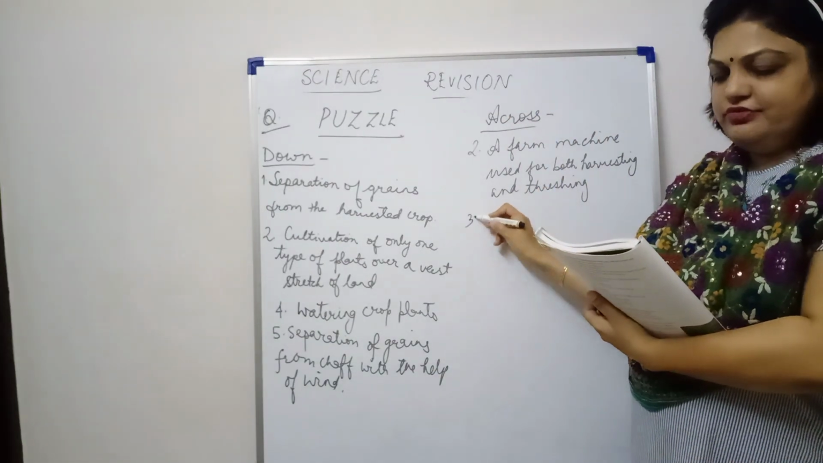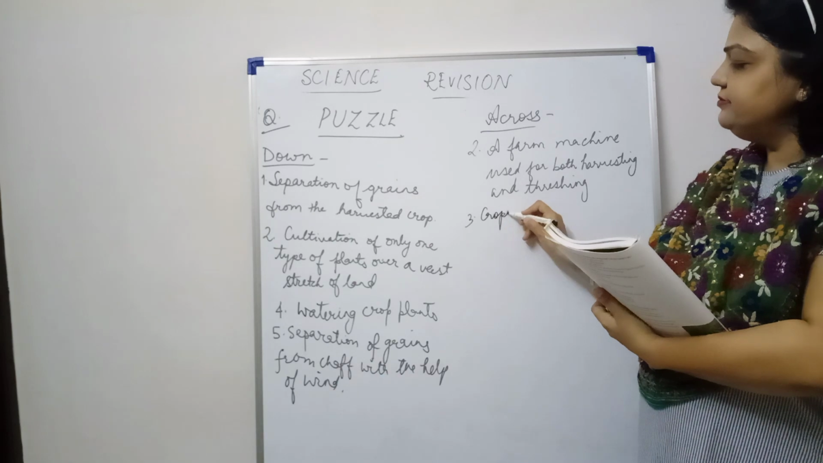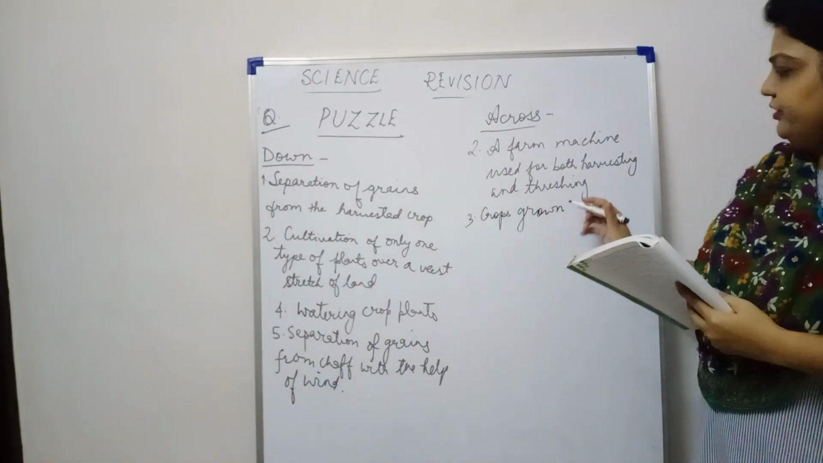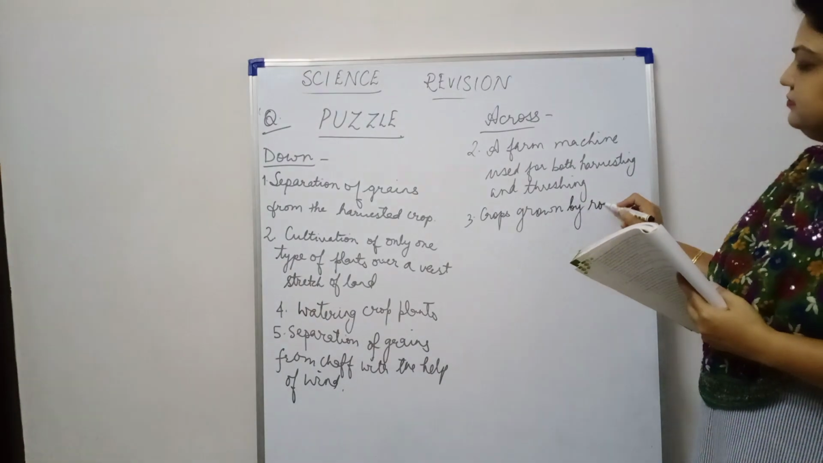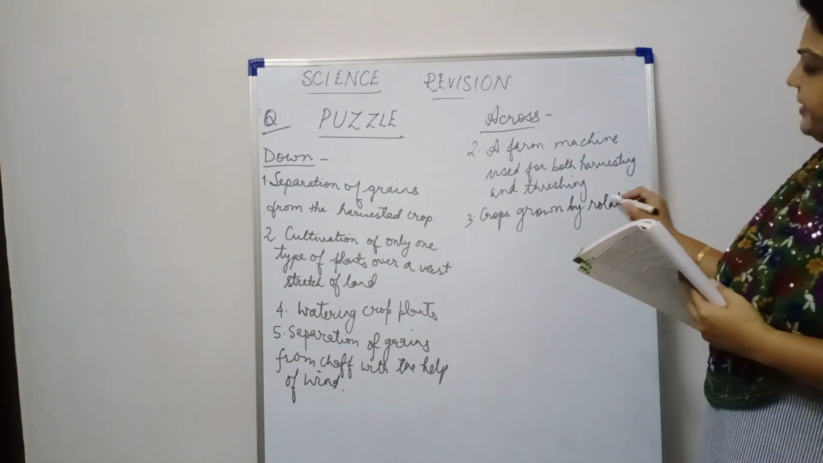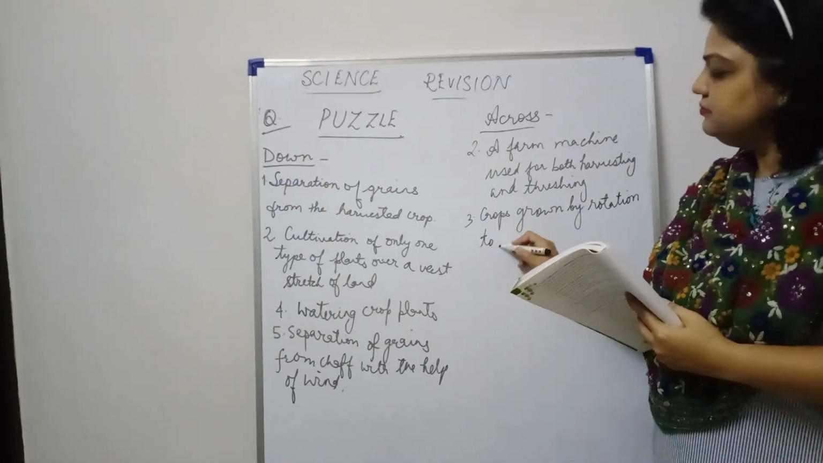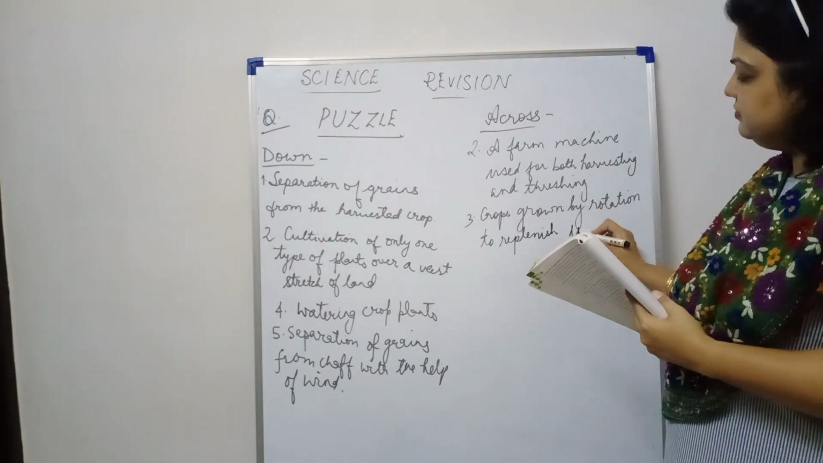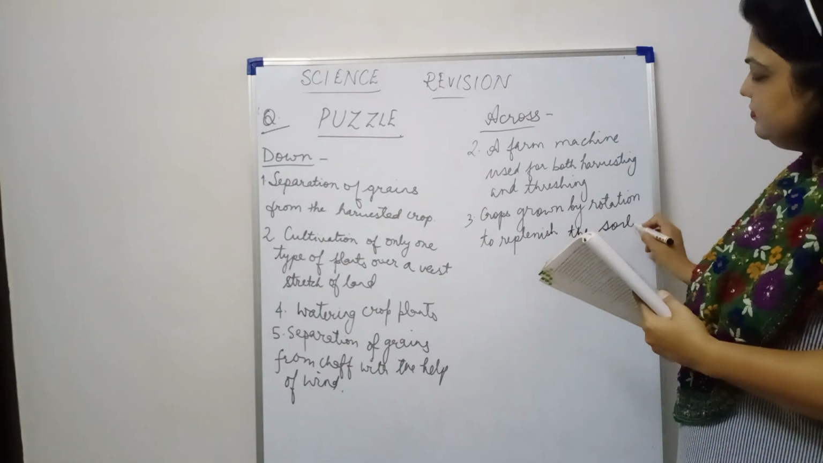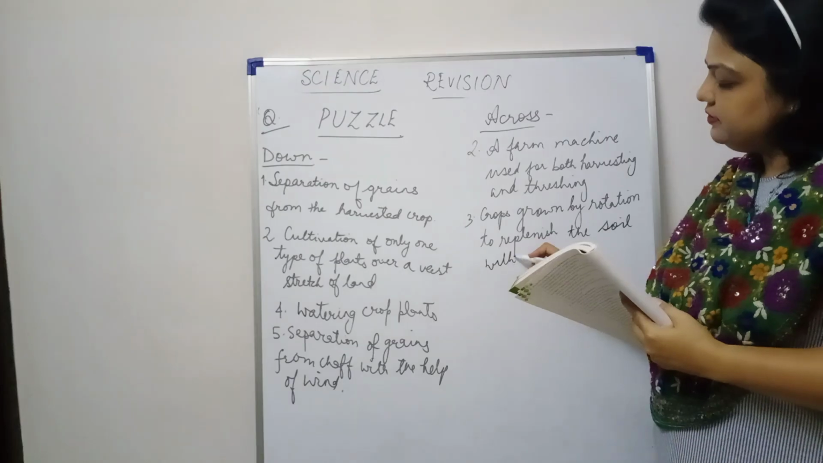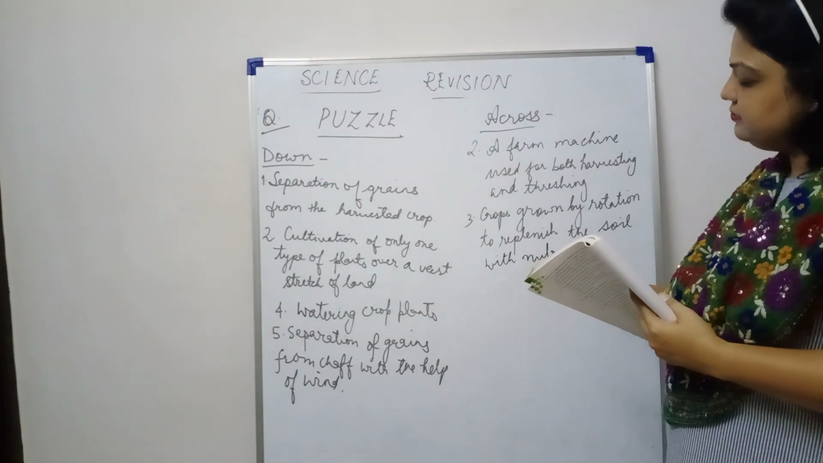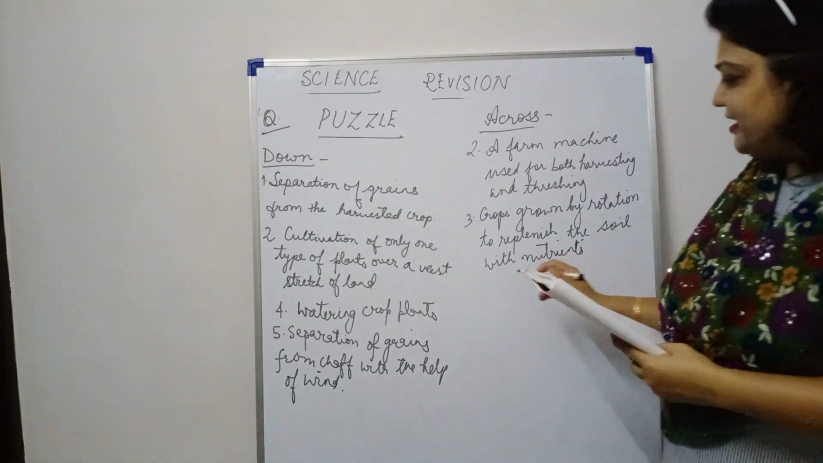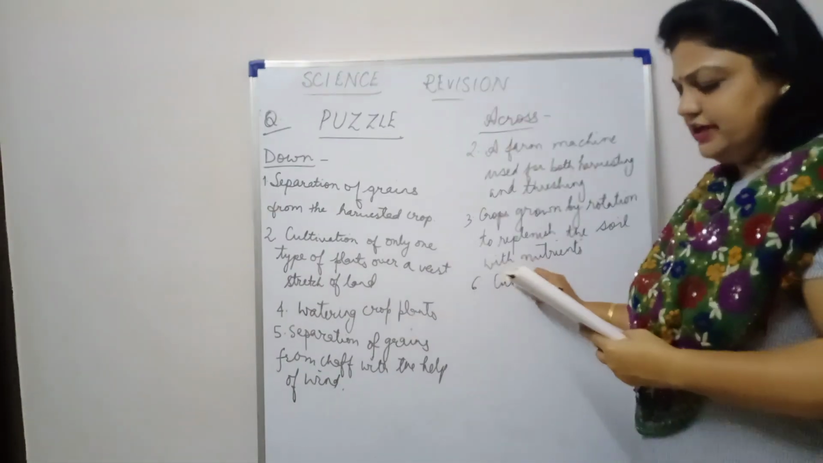Then we have question number 3. Crops grown by rotation to replenish the soil with nutrients. This is third one. Then we have sixth one, which is cutting